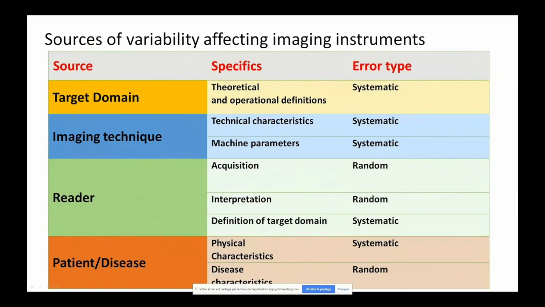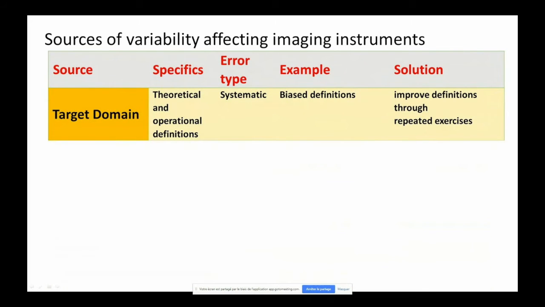These generate errors that we have called systematic and random. The random, we have to pay attention to when we are making our design for the reliability study. The systematic, we always have to pay attention to before starting our evaluation of the instruments. Which are the solutions? For example, for the target domain, if the problem is related to the theoretical and operational definition, and this is systematic, an example is to have a biased definition, they are not able to define what we want to measure, the solution is to repeat